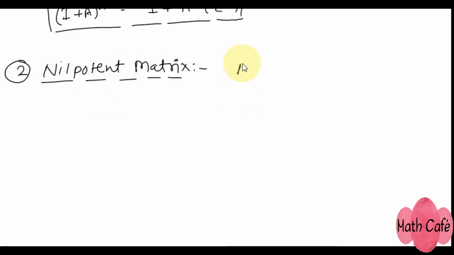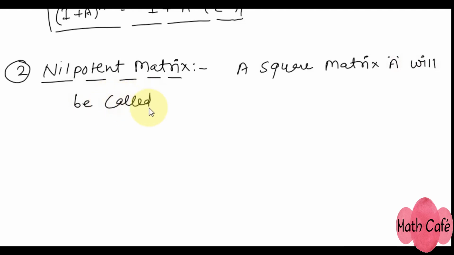So a square matrix A will be called nilpotent matrix if A raised to p will become 0. So A raised to p is 0, then this type of square matrix is called nilpotent matrix. But